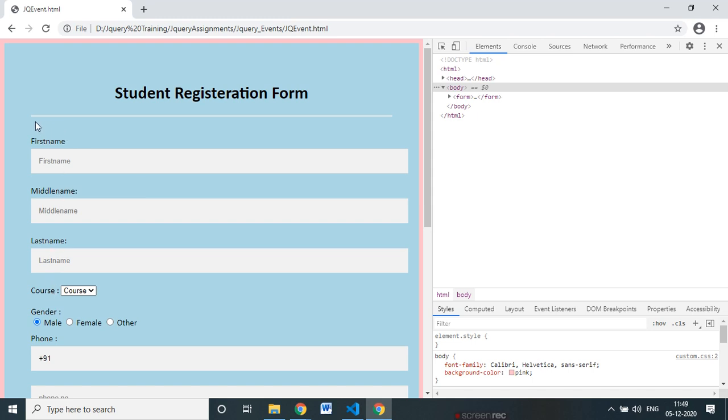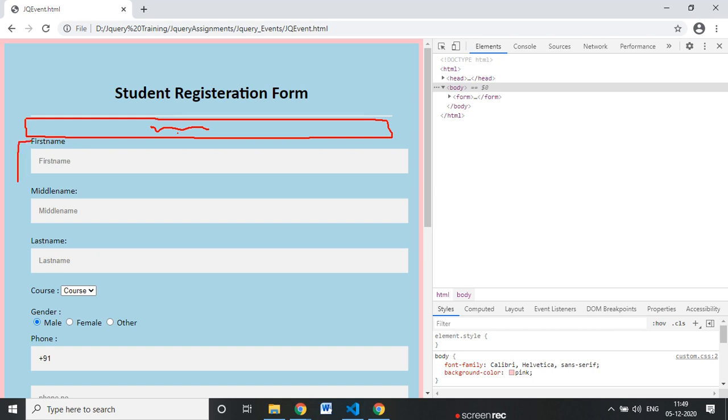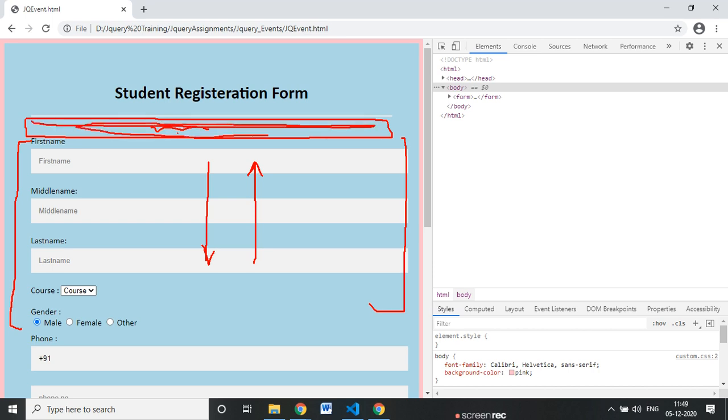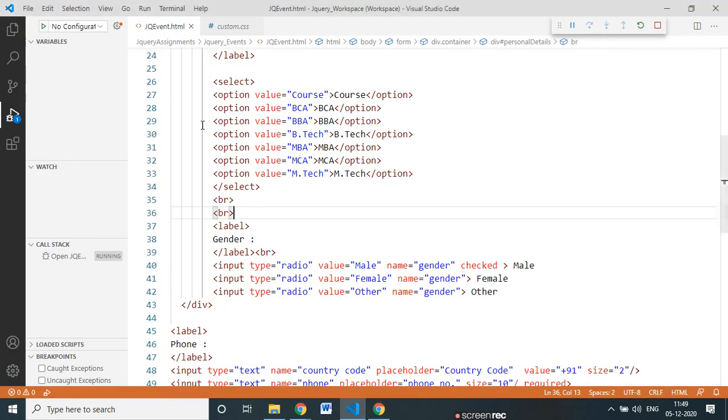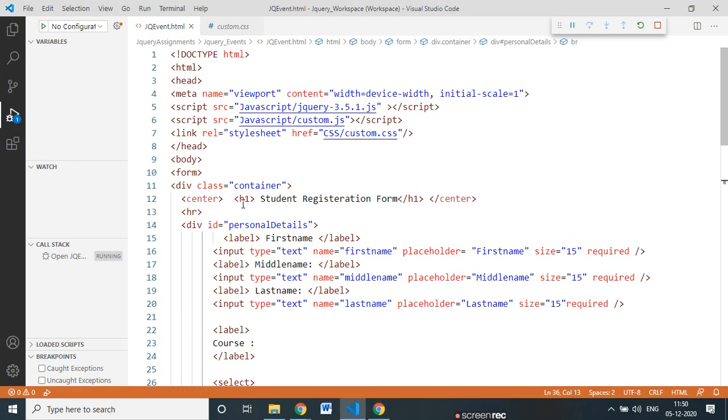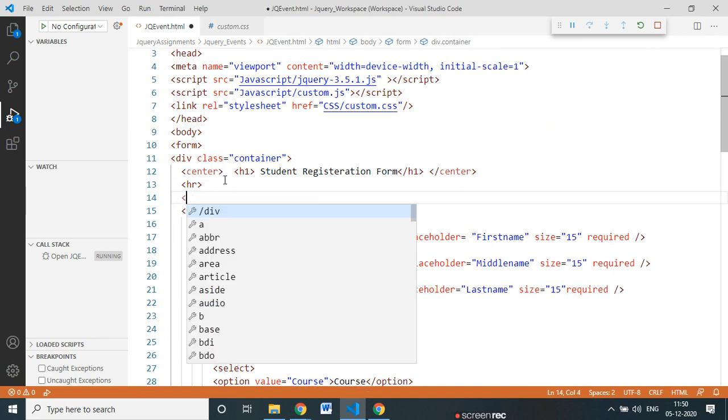Now I will add one strip like this here. I will add one section strip, and I'll put some name here, and once I click, it will expand this part. Expand this section, and once again I close this, then it will collapse this section. Expand and collapse. Now I need to put one strip here. I put a div. If you want, you can put a button also. I'll put one div here, above this div.